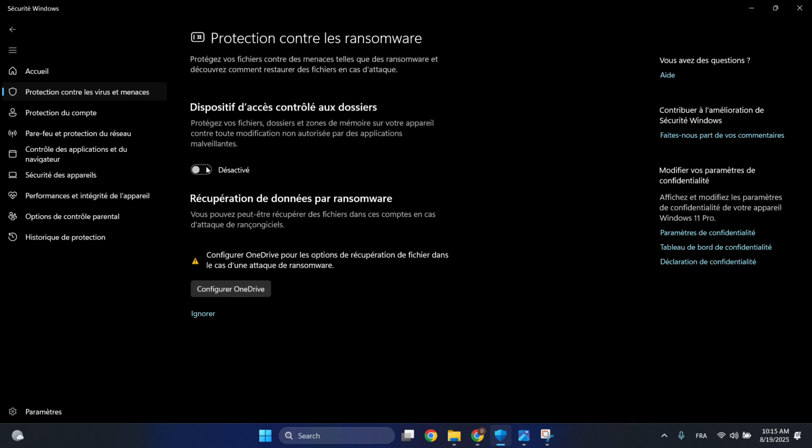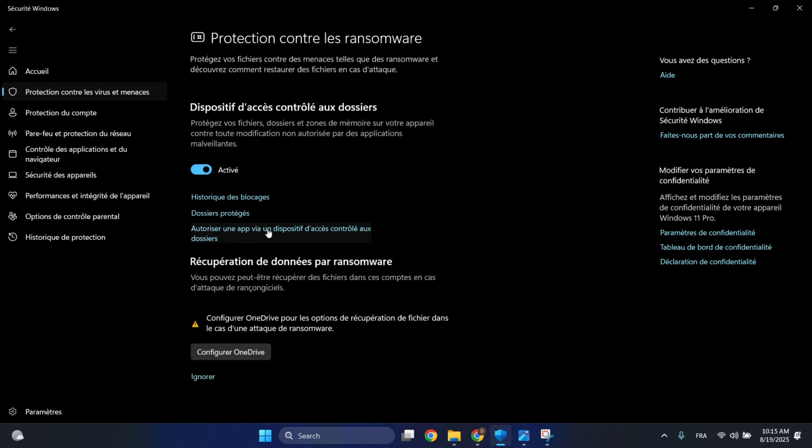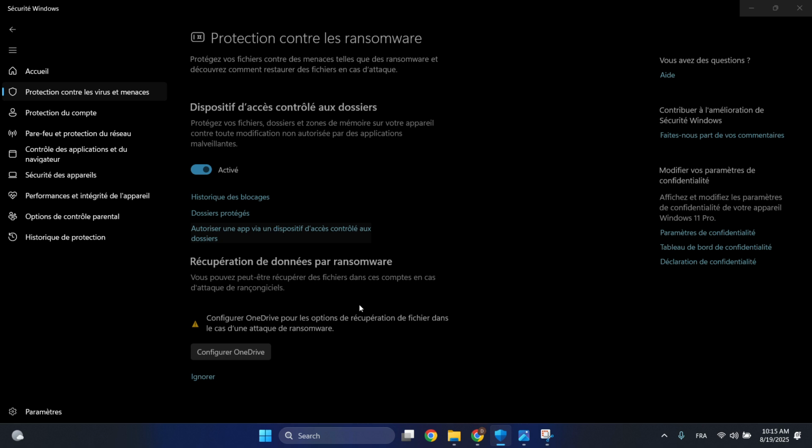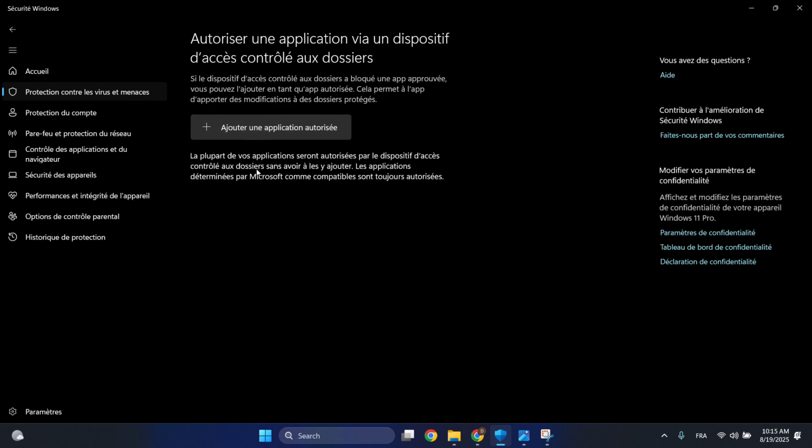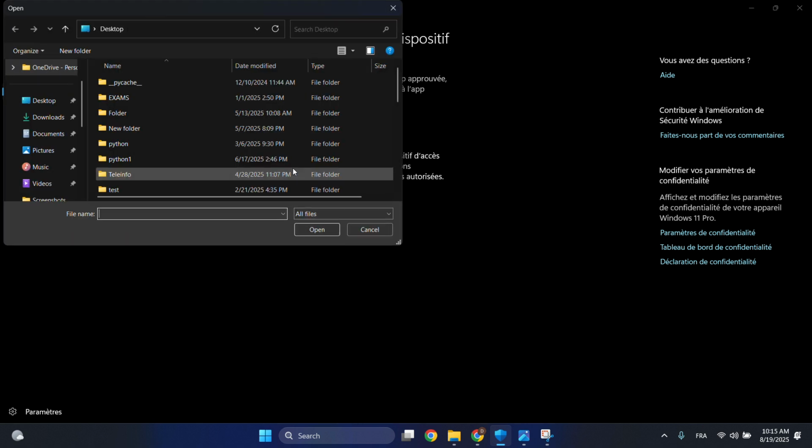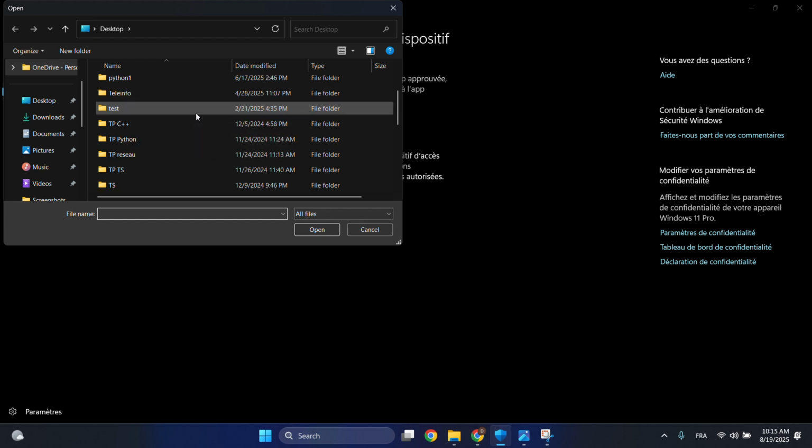Click on it, click on enable, yes, and then choose this last option. Click on yes another time. After that, you will have "add an application authorized." Click on it and then search in applications. After that, just click on search and add your file location of GTA Vice City or GTA San